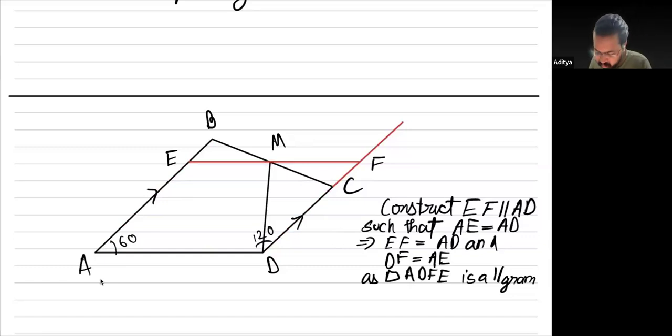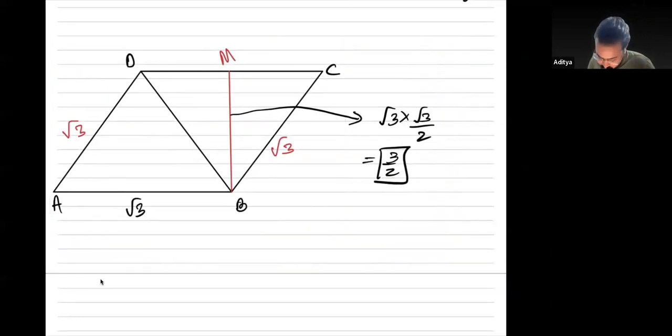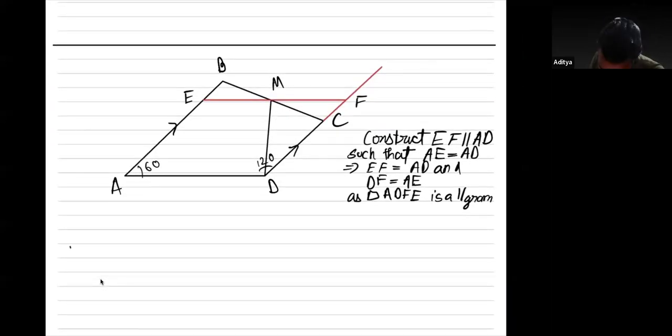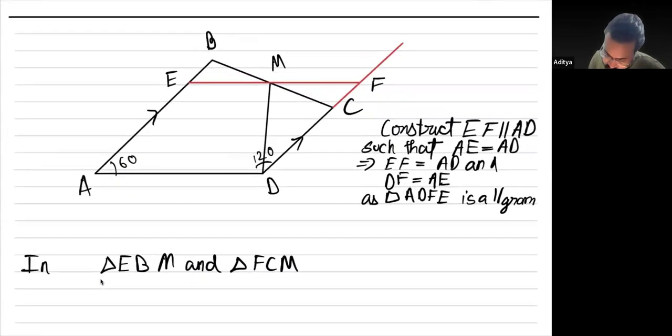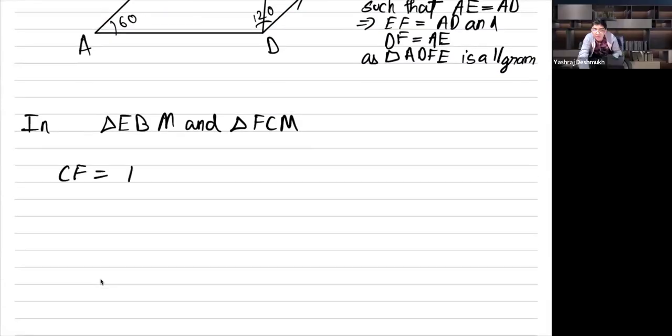Now, what you can do with this assumption is that notice this figure. I'll keep it over here. Notice that in triangle EBM and triangle FCM, you can notice that CF and EB are actually equal lengths. So CF can we equal